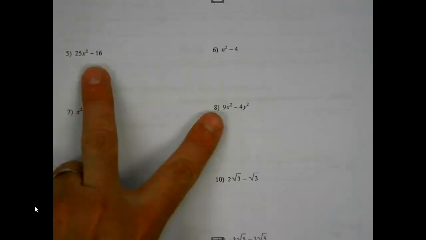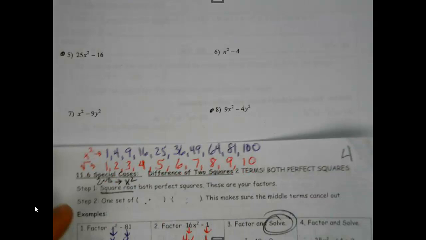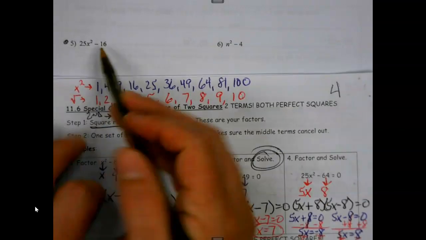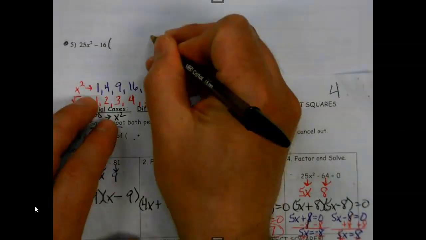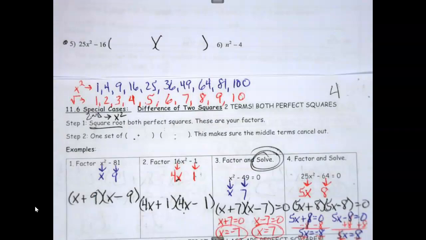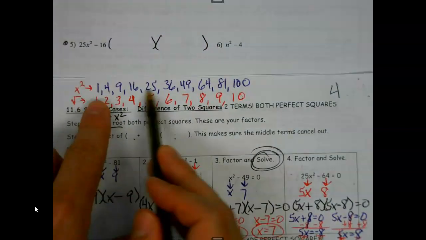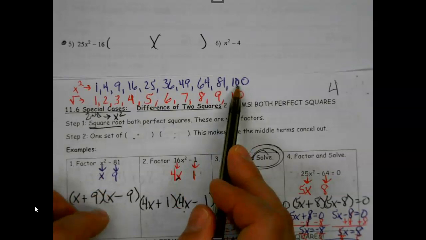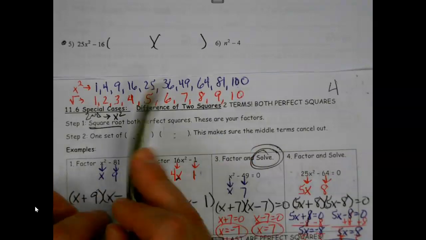Actually, move down a little bit. I'm going to play with these too. So when we're trying to figure out this stuff, the pattern we're going to run is really simple and really straightforward. If you see a 2-termer and if they are both perfect squares, well, how would I know that? This purple list that I've jotted at the top of my 11-6 notes might be helpful